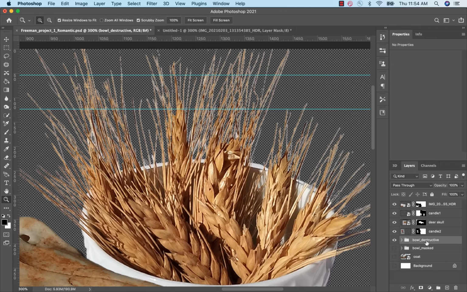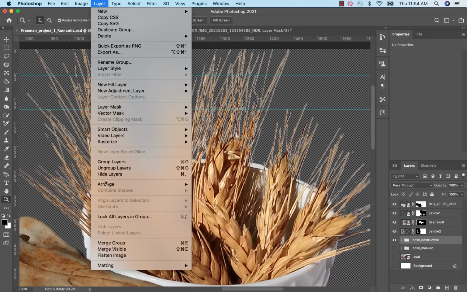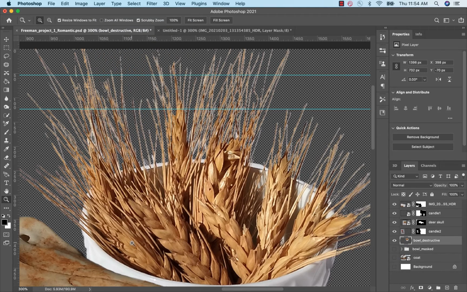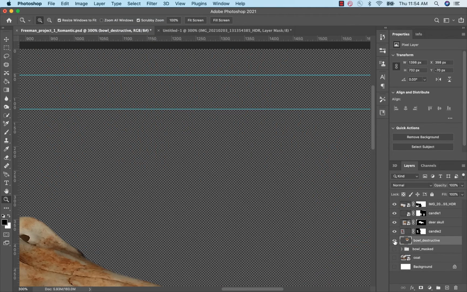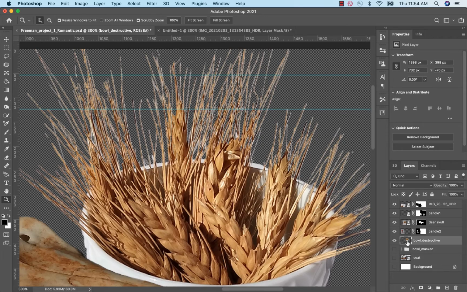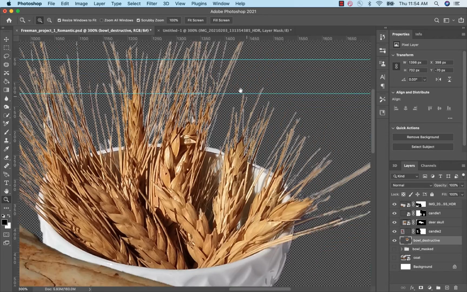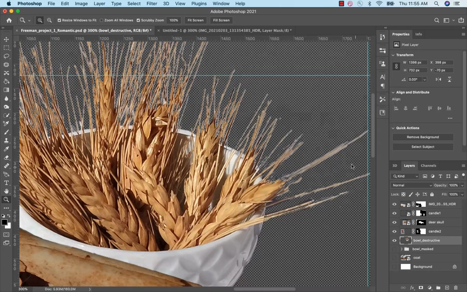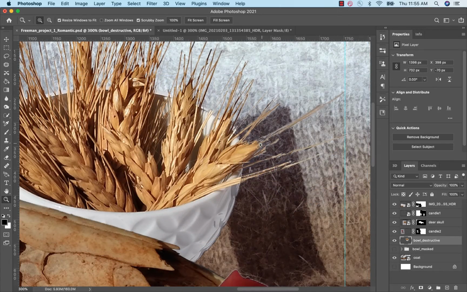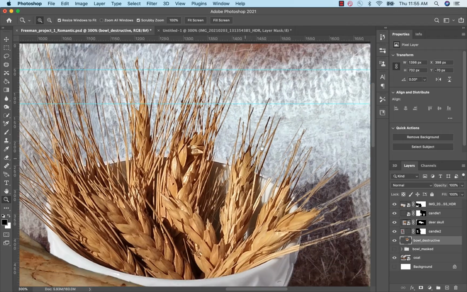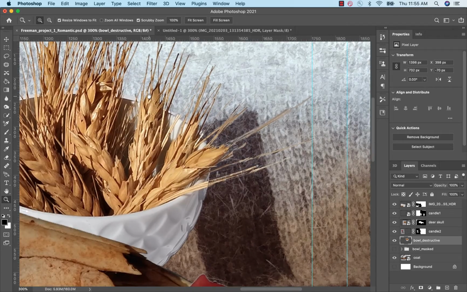And then with Bold Destructive selected, I'm going to go to Layer and then down to Merge Group. So now this has made a destructive layer change. You can see that there's no mask on this anymore. But what I'm going to do is use Burn and Dodge. There's not going to be anything animated behind it, so I really just need to make sure that it looks okay against this coat. So it looks all right, most of it,